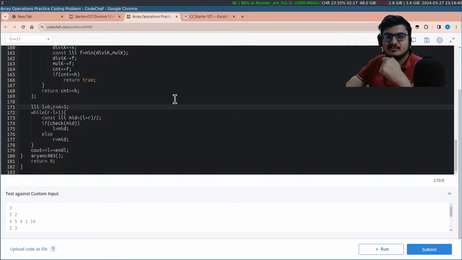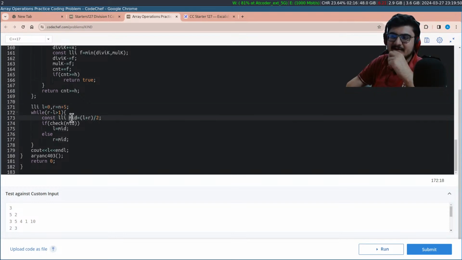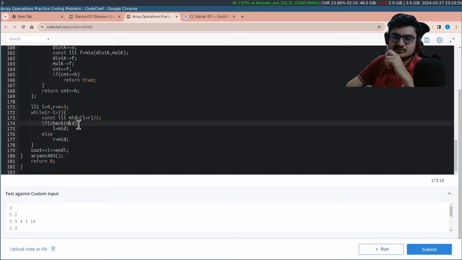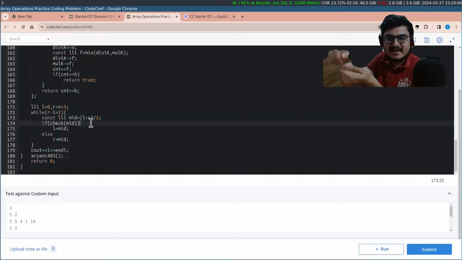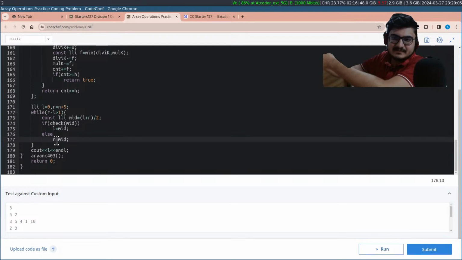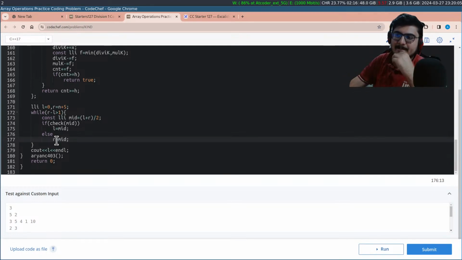And the largest value should be when we know that the answer is definitely no. I have taken no and yes like this. As long as the difference is greater than 1, I take mid, and then I check whether my black box returns true for mid. If it's true, then we can jump our left-hand side to mid, and the segment would still be yes, yes, yes, no, no, no. Or if we have got the answer no, then we can reduce our right-hand side boundary.